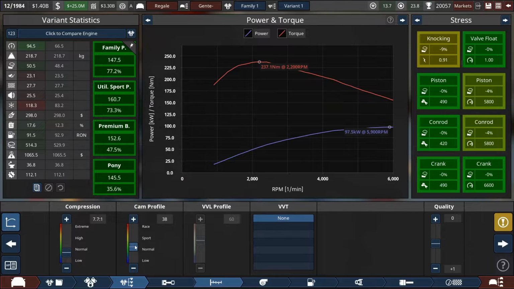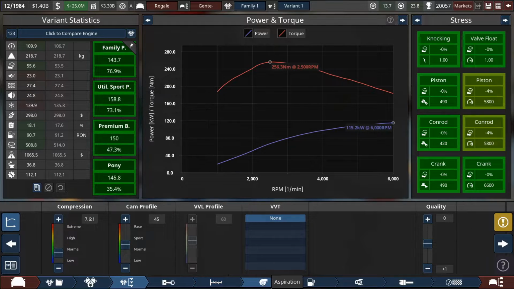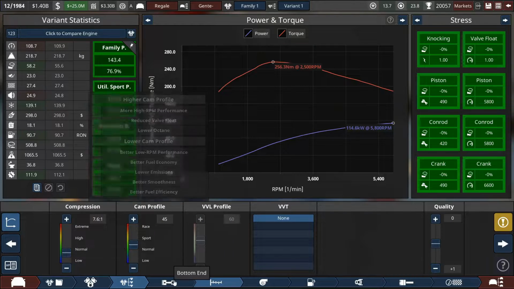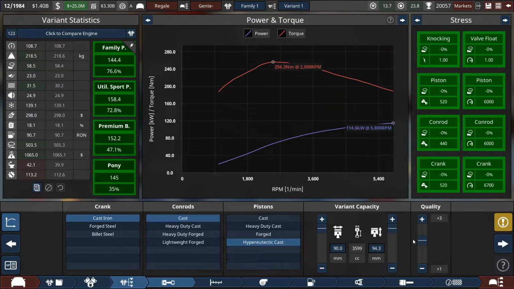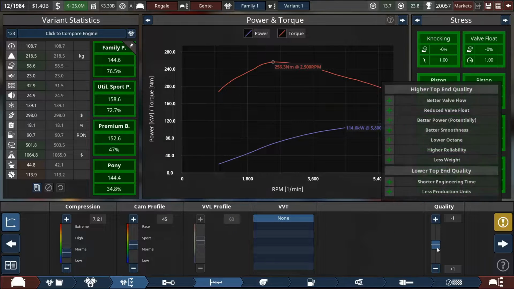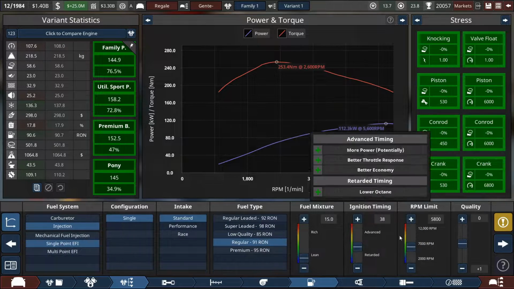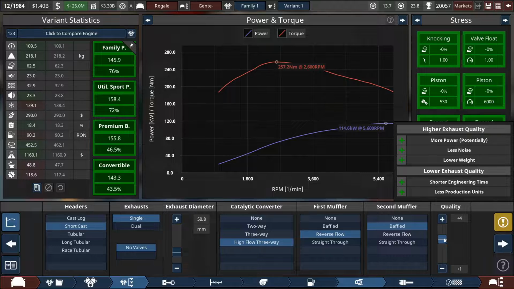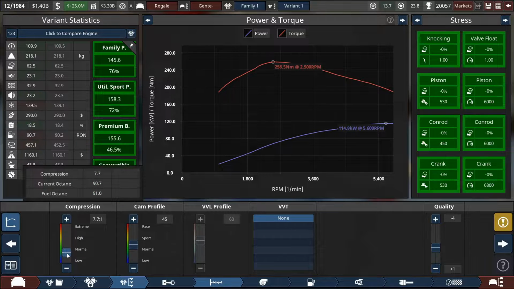So we're going to have to reduce compression yet again. But if we increase cam profile a bit, we should be able to also work some of that out. But what's really annoying is that our engine's quite stressed, so let's see what we can do here. I mean, the best thing we could do is increasing quality, but does it really do all that much? I think what we're going to do is take away some quality on the cam profiling, because it doesn't necessarily affect the engine too much, and we're going to increase the quality on the fuel and the quality on the exhaust, which means we can now increase